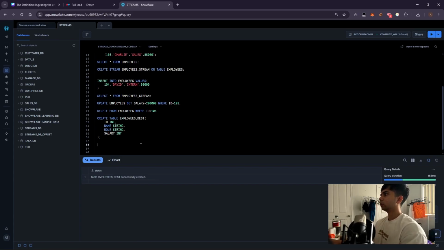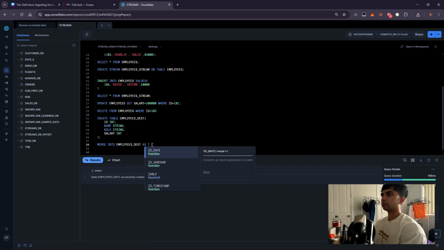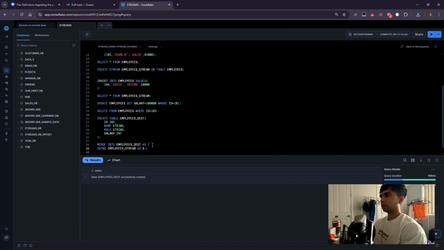So now what you can do is create a merge operation, right? You can basically get the big picture by doing a merge operation. Let me just show you how we can do a merge operation. So you would do merge into employees destination, which is your destination, and here you would do maybe T as target, and using your source table, which is not your source table, that's your transaction log, which is your employees stream, right? As maybe S on